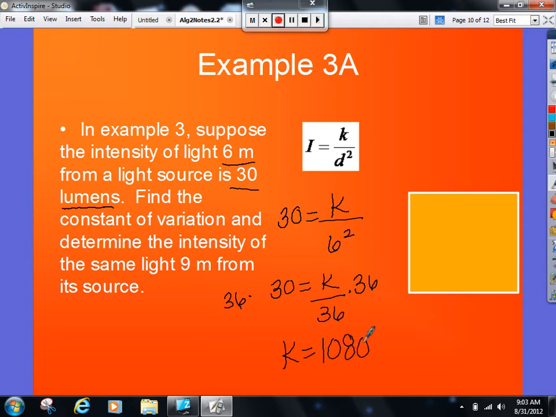Okay, I'm not done yet. That is just the k value. You take the k and you plug it back in to this problem. Actually, it didn't go up high enough. This problem. I now have I equals 1080